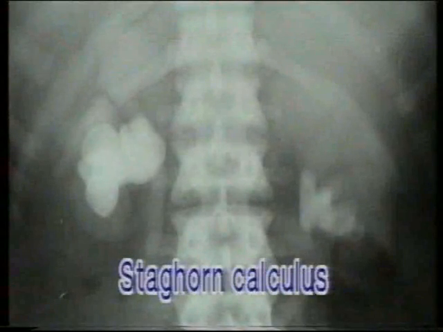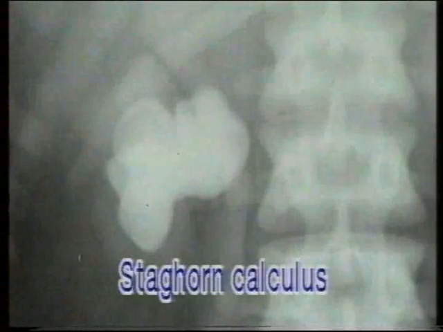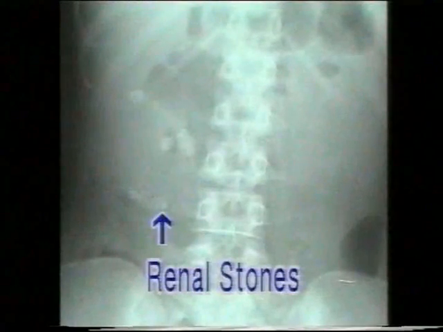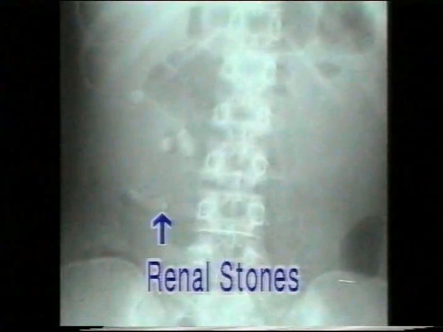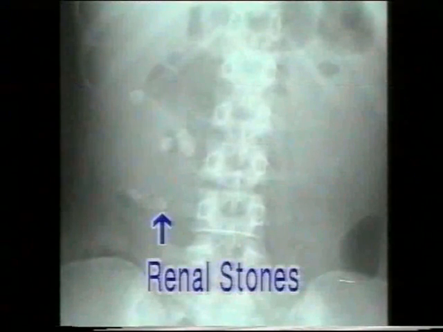This X-ray shows a staghorn calculus on both the sides. The right stone is much larger and shows the shape of the dilated pelvis and calyces. If the stones form in a large cavity or hydronephrotic sac, then they are often multiple, round and smooth and get collected near the bottom of the sac. In the close-up view, see the multiple stones collected at the bottom of a hydronephrotic sac shown by the arrow.